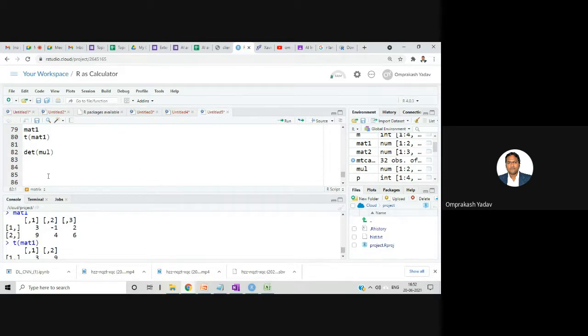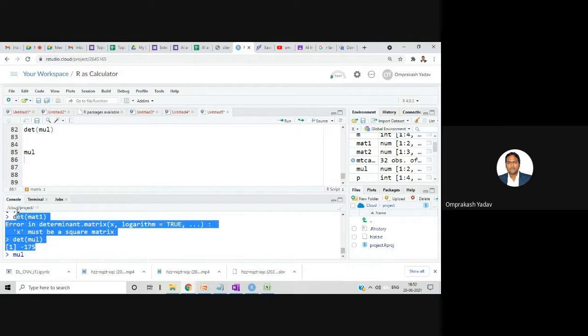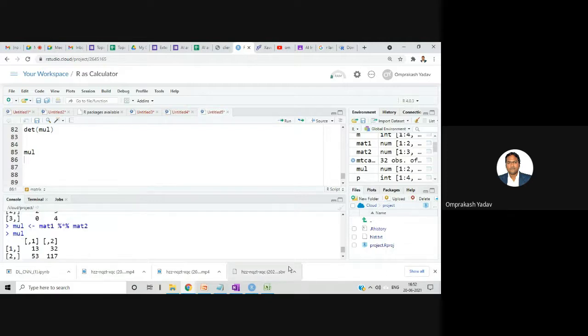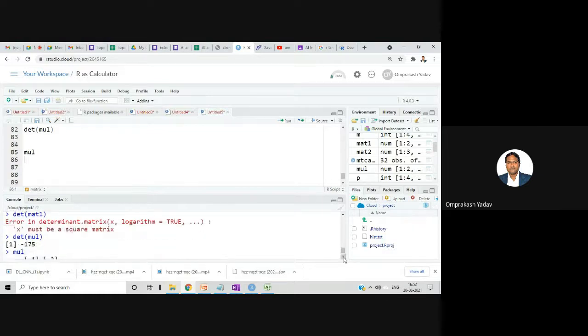Yeah, I'll just show you directly. So this is my square matrix. So four values are there, right? And when I found out the determinant of this, I got only one single value, that is minus 175. So this means what? For four values, I'm getting one output. The single value is being represented by all these four values, right? I just converted four values to one single value.